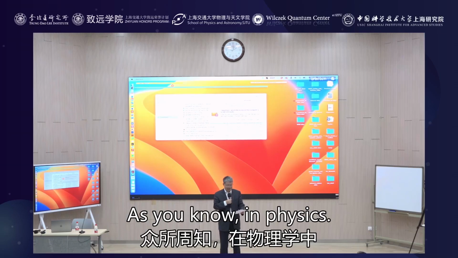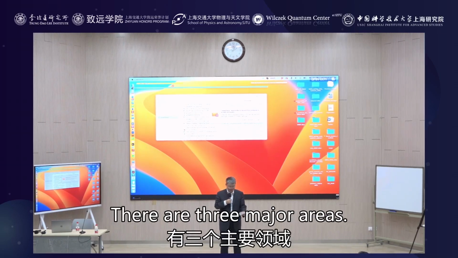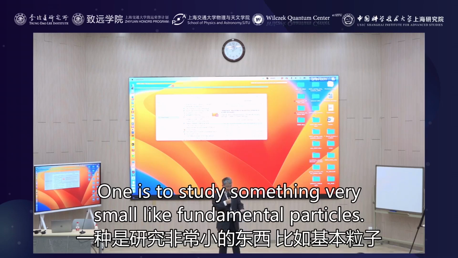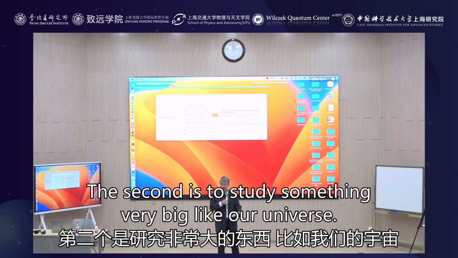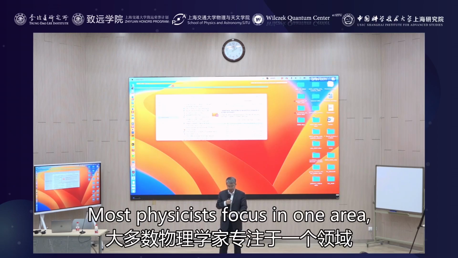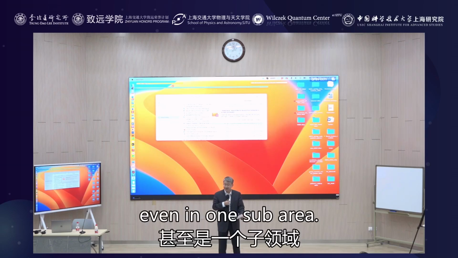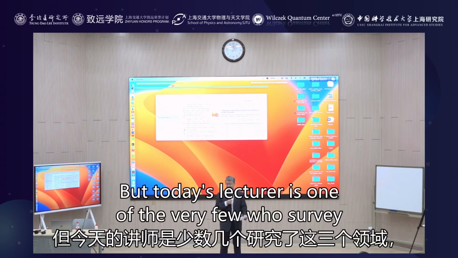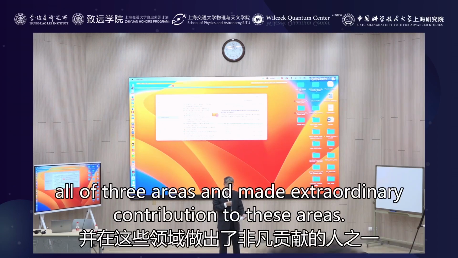As you know, in physics, there are three major areas. One is to study something very small, like fundamental particles. The second is to study something very big, like our universe. The third is to study something very many, like solid materials. Most physicists focus on one area, even one sub-area. But today's lecturer is one of the very few who survey all three areas and made extraordinary contributions to